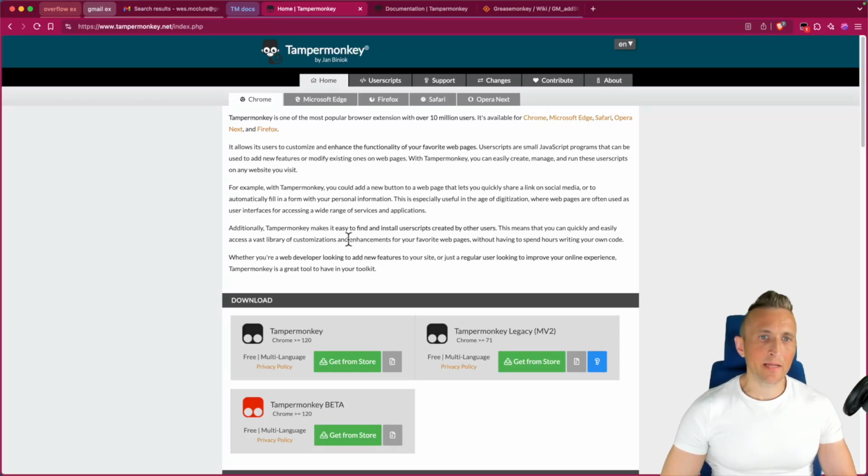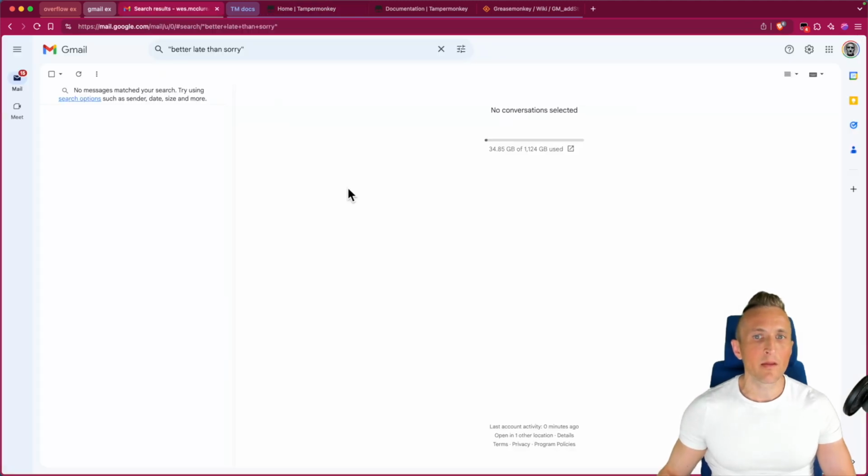All right, I am a big fan of Tampermonkey, and that's simply because anywhere I can run some code to do something for me, I love to have that available. And so basically, in a gist, you can write JavaScript and have it execute on specific pages. And one of the things you can do with that then, if I come over to Gmail,